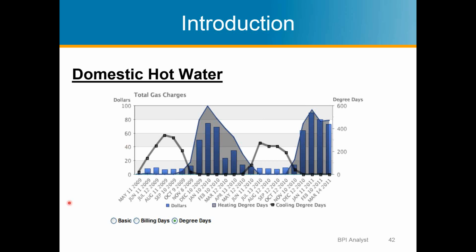And I'll explain this a little bit. So this is cooling degree days. We talked about it before, how hot it is outside, right? And then heating degree days is this line here. So that's how cold it is outside. So the gas usage increased the colder it got outside. It pretty much mirrors the temperature outside really well